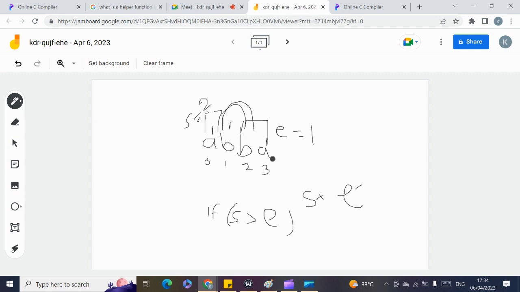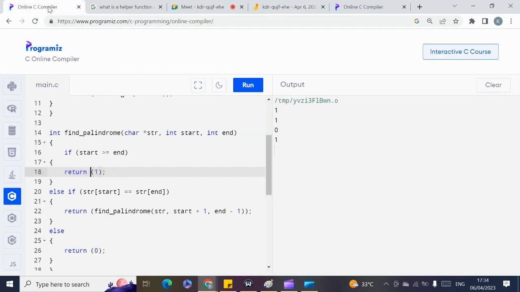So when this one is equal to that, you move to the next one, and then you decrement this one. So that's what this is actually coming to do. So if string of start is equal to string of end, do this,